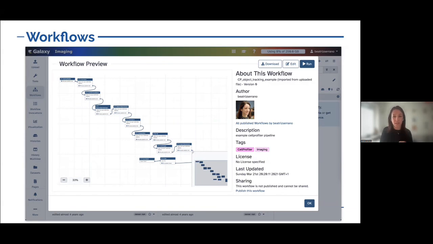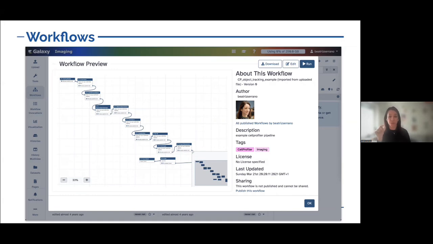I would like you now to take a look at the right side of the panel here, because there is also interesting information here regarding metadata. So you have, for example, 3 buttons to download this workflow, so you can do whatever you want with it. You can share it or do as you like. You can edit and change some tools that maybe are not exactly what you want this workflow to do, and then you can run it as well.